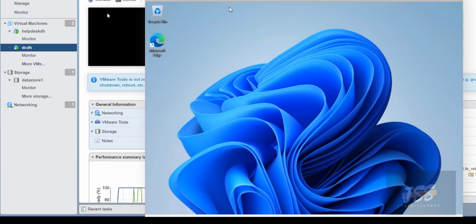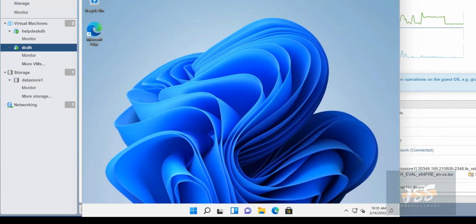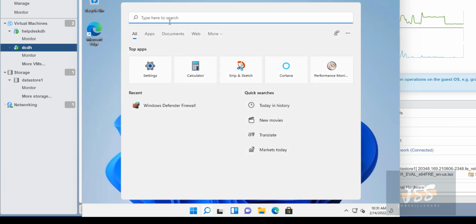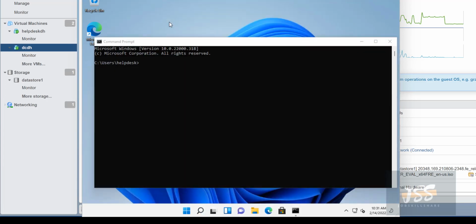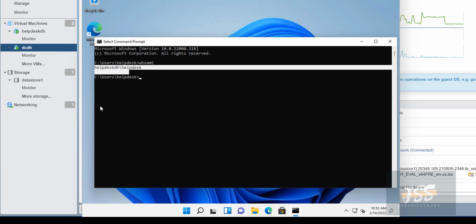So is this machine now being managed by this domain controller? No, because it's still a workgroup machine. So how do you know? If you go to CMD and type whoami, you see it says helpdesk/helpdesk, right? So it's clearly telling us that you're logged into an account that is actually not a part